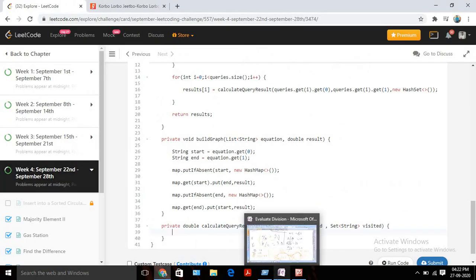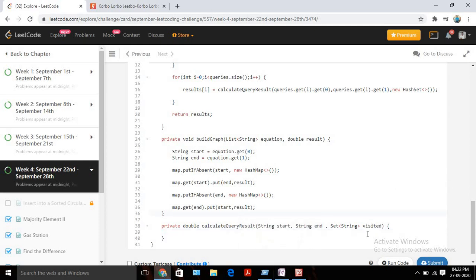At first I will check whether my given start or end exists in our map. If it does not exist, then we can return minus 1 directly from there. So I will check if, since map is already a global variable, map.containsKey(start), and we check if not, right?